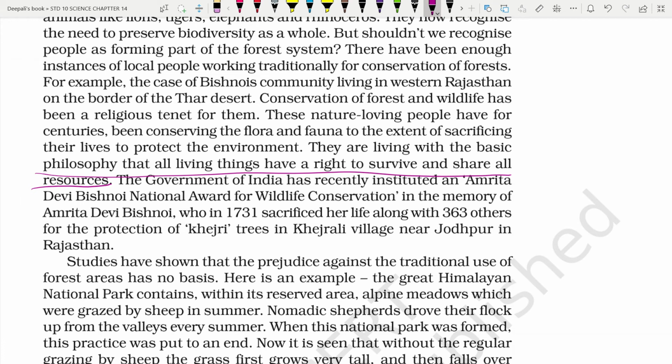So can you imagine how a person can give a life to protect nature? That was a very important incident in the life history, and because of that, government has recognized it as an